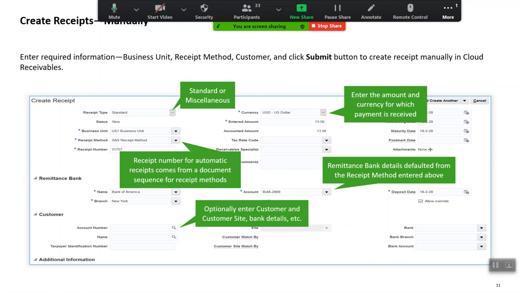And there were two things that we initially discussed when this particular topic started, which was the receipt type. And we discussed that there are two types of receipts in the system. One is a standard receipt and the other one is a miscellaneous receipt. Standard receipts are used for goods and cash purposes, and miscellaneous receipts are used for your investment returns and stock holdings and any miscellaneous amount that you would want to capture, or miscellaneous details that you would want to capture.